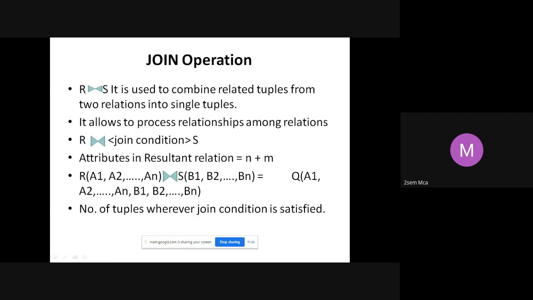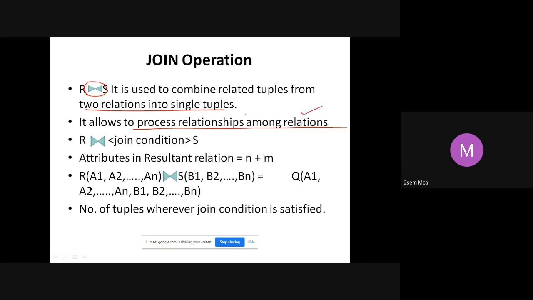So this is the symbol that is used for join when you talk in terms of relational algebra. In relational algebra, this is how you represent the join. Join is used to combine related tuples from two relations into single tuples. It allows us to process the relationships among the relations.